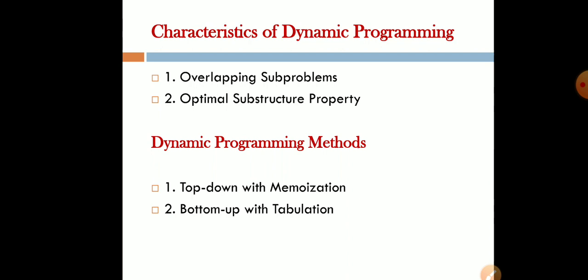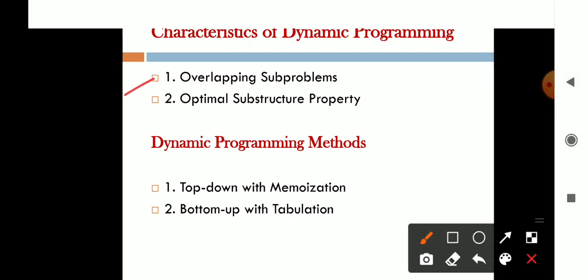That is the Fibonacci series. In that we have f of n, f of n minus 1, f of n minus 2. So n minus 1 and n minus 2 clearly show that a problem of size n has been reduced to subproblems of size n minus 1 and n minus 2, and so on. Therefore, Fibonacci numbers have the optimal substructure property. So these two properties are there: overlapping subproblems and optimal substructure.